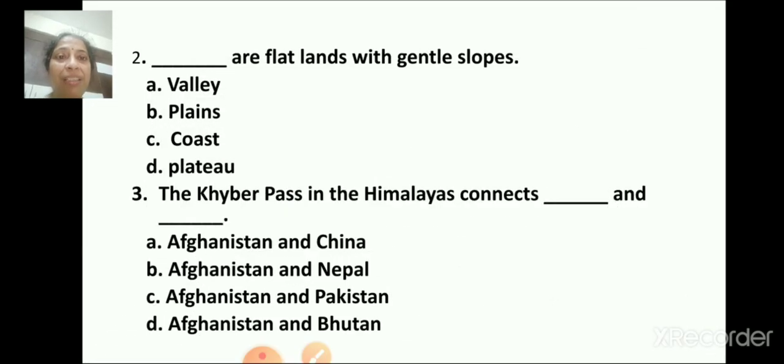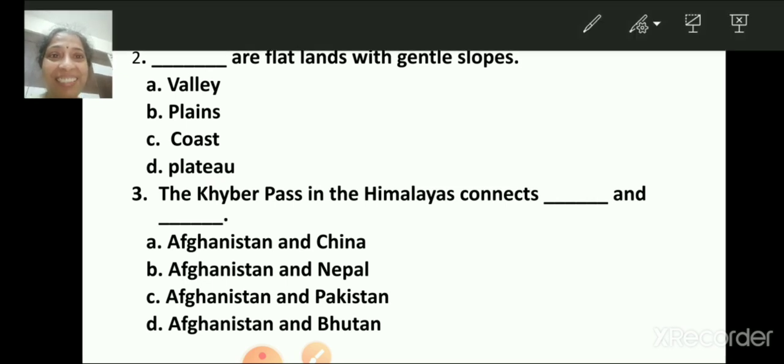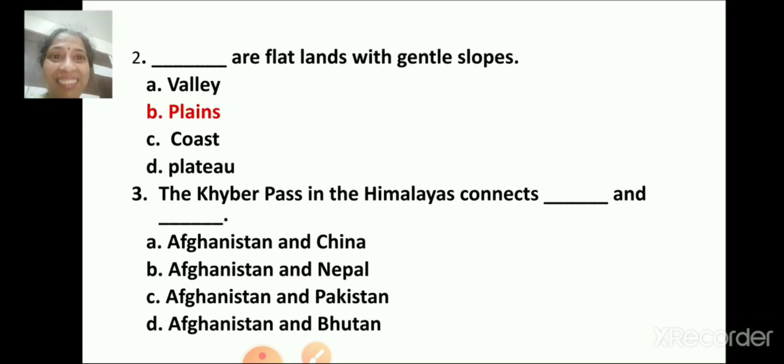Next, dash are flat lands with gentle slopes. Yes, what is the answer? The options are valley, plains, coast, plateau. Yes, plains. Next question.